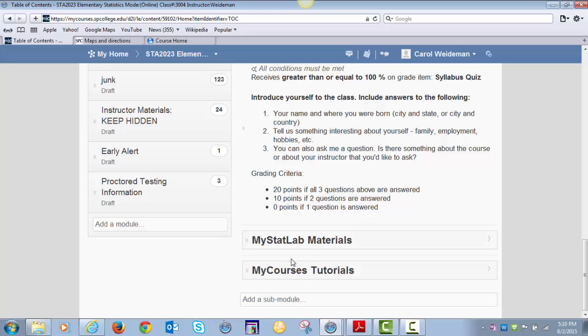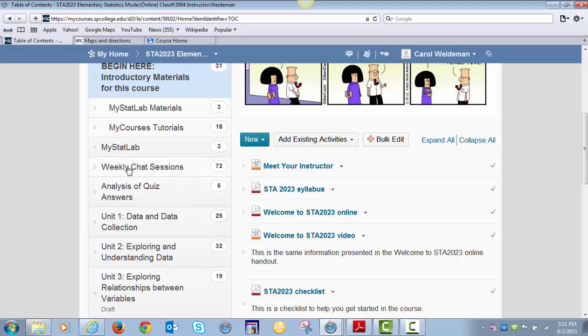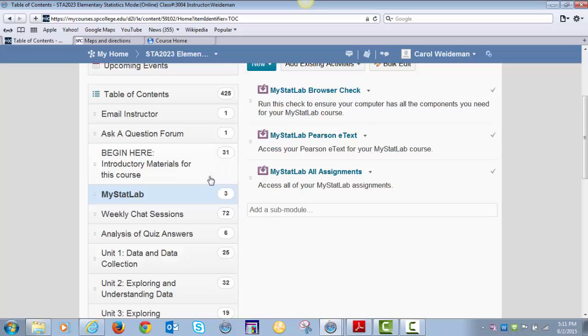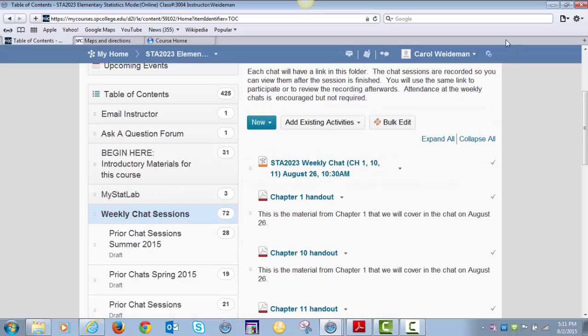Returning to the table of contents, there's a MyStatLab folder here, a module where, once you've registered in MyStatLab, you can access the ebook and the assignments directly from this link. You can also do it from the course home. The next item on the table of contents